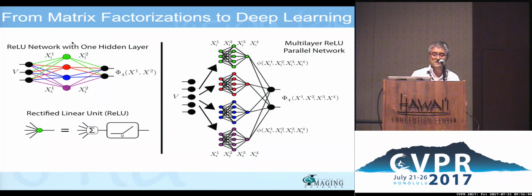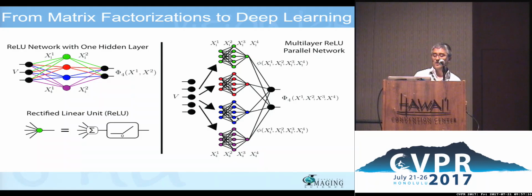So here size is the number of hidden units. Here size is the number of parallel subnetworks. The reason being that the theorems so far are restrictive in the fact that there is just one number characterizing size, or effectively what is the complexity of this architecture. For matrix factorization, it's very clear: it's the number of columns that you put in that factorization. But for deep networks, it's not as trivial, because you could say, well, it's the number of layers, or the number of neurons. What is it?